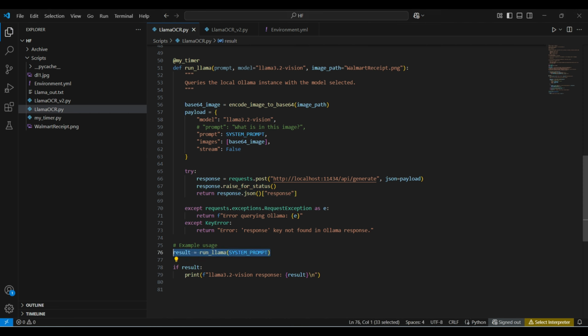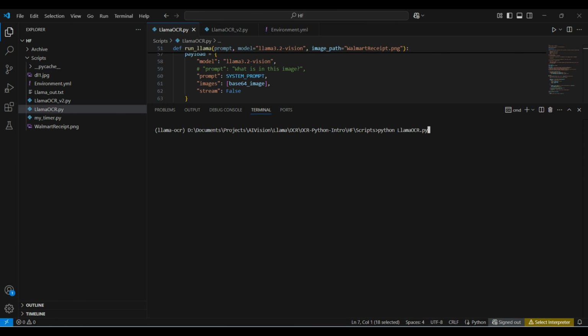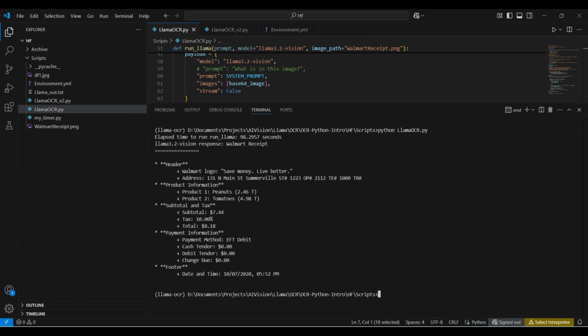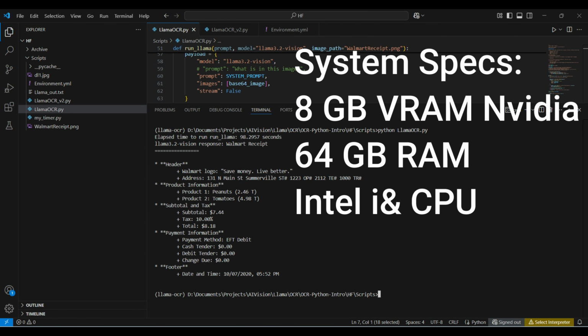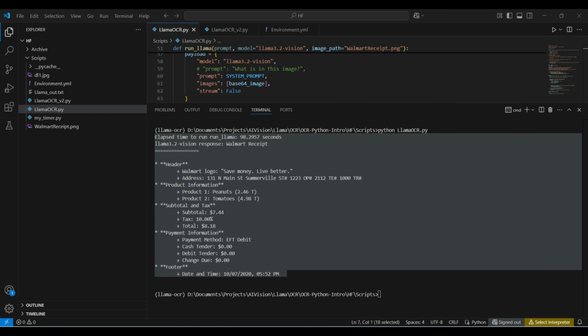Here we are running the function, only passing in the prompt. The other 2 parameters will use the default values. If a proper result is returned, we print it out. Now we are ready to run the script. This will take a few minutes to run. No errors, that's good. This took around 100 seconds, and from the response, we can see that the model is